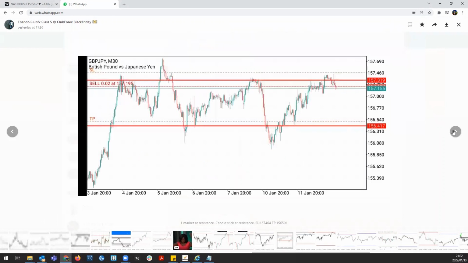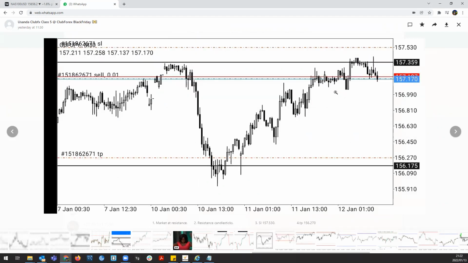I'm going to move forward. So Utando, he happened to take this trade as well. He did exactly what Usanda did. Let's see if he did exactly what Usanda did. If we look at Usanda's